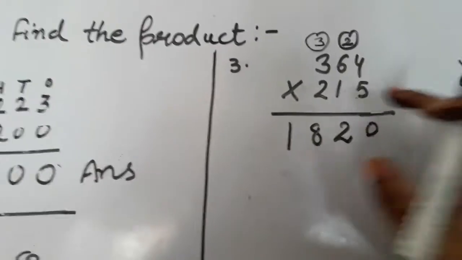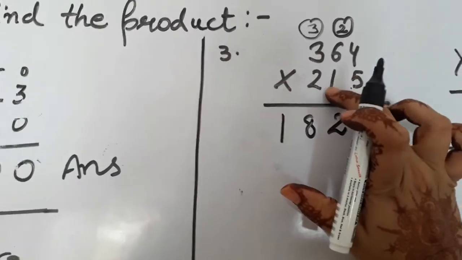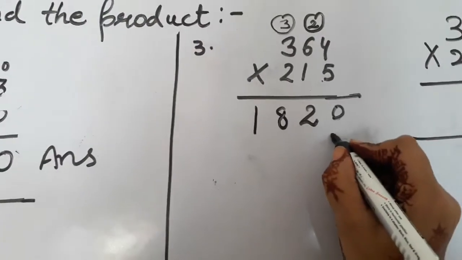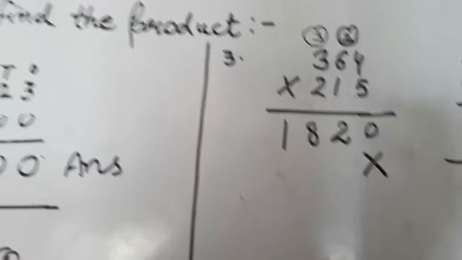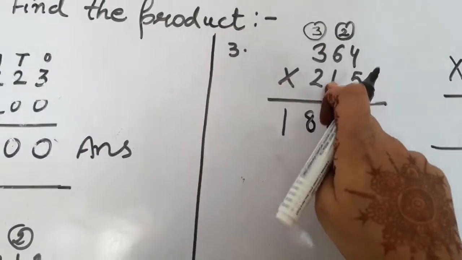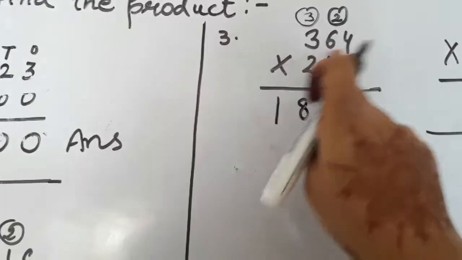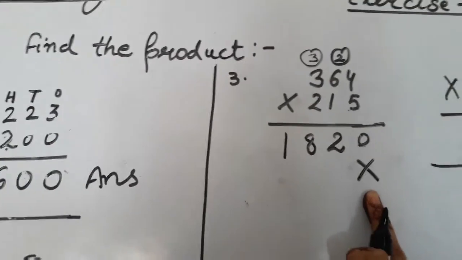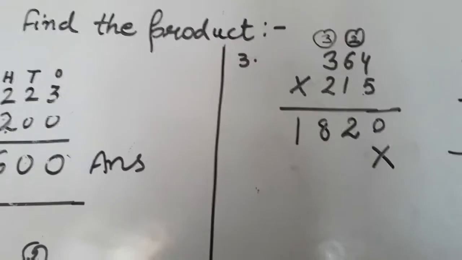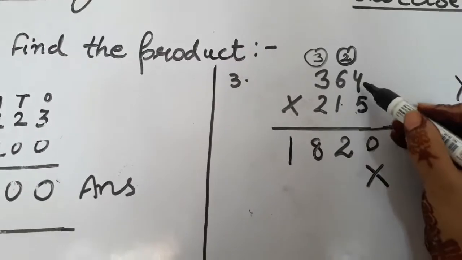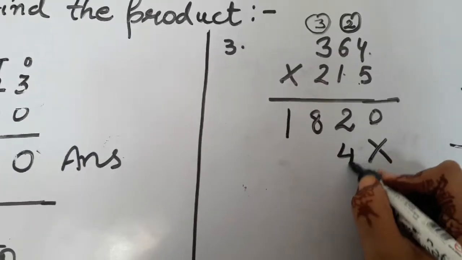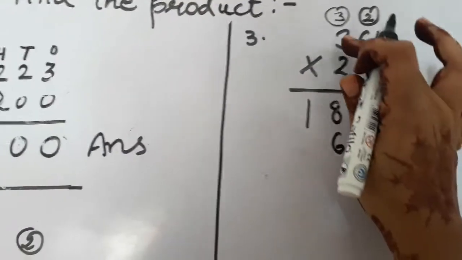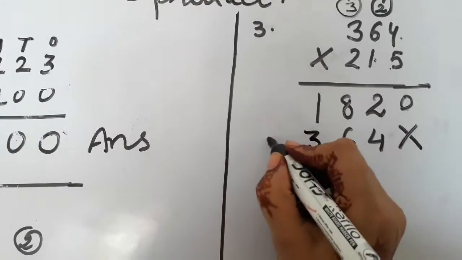Now, if you want to move to the next digit, when 1 is multiplied by these 3 digits, what will you place here? Anybody knows? Yes, you will put 1 cross now. Okay? When you shift to the second place for multiplying the above 3 digits, firstly you put the cross here in the next line and then you start multiplying. Now 1 multiplied by 4 is 4. It should be at the tens place. 1 multiplied by 6 is 6. 1 multiplied by 3 is 3. Put the sign of plus here.